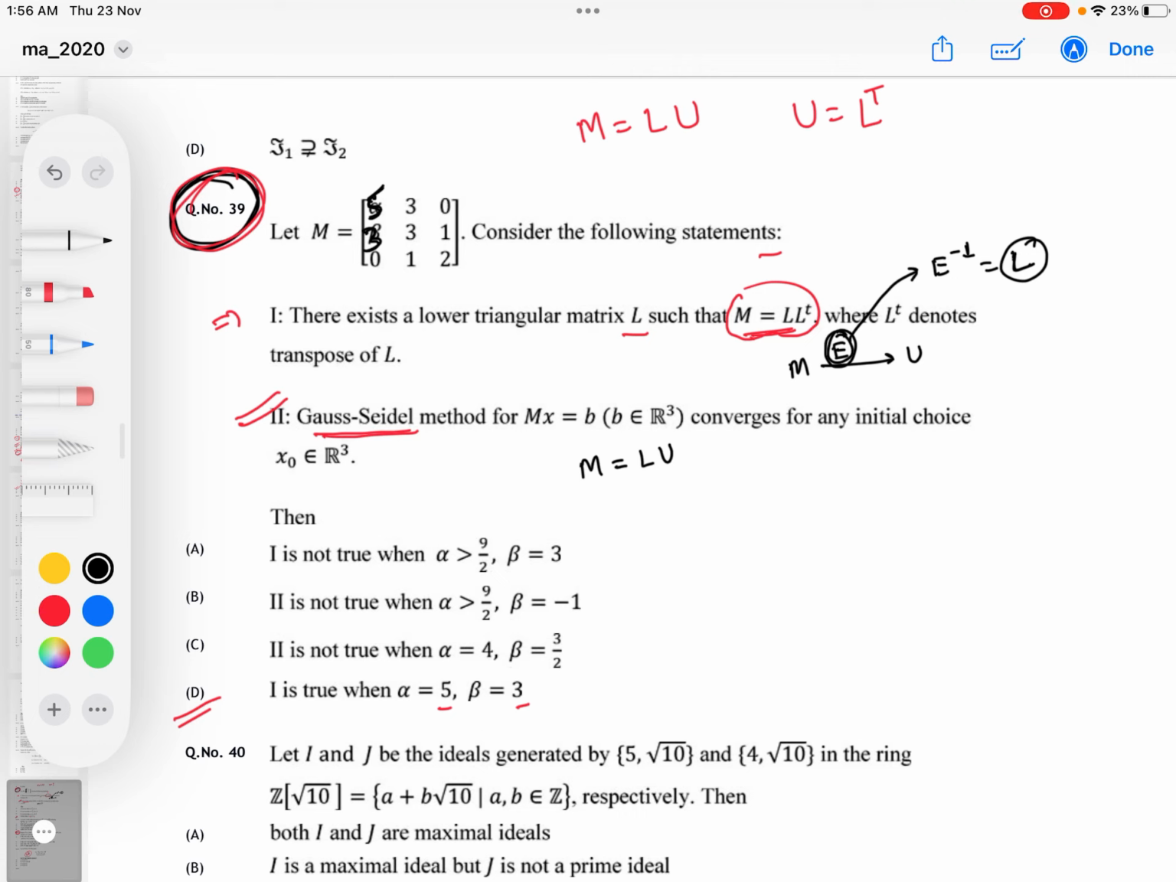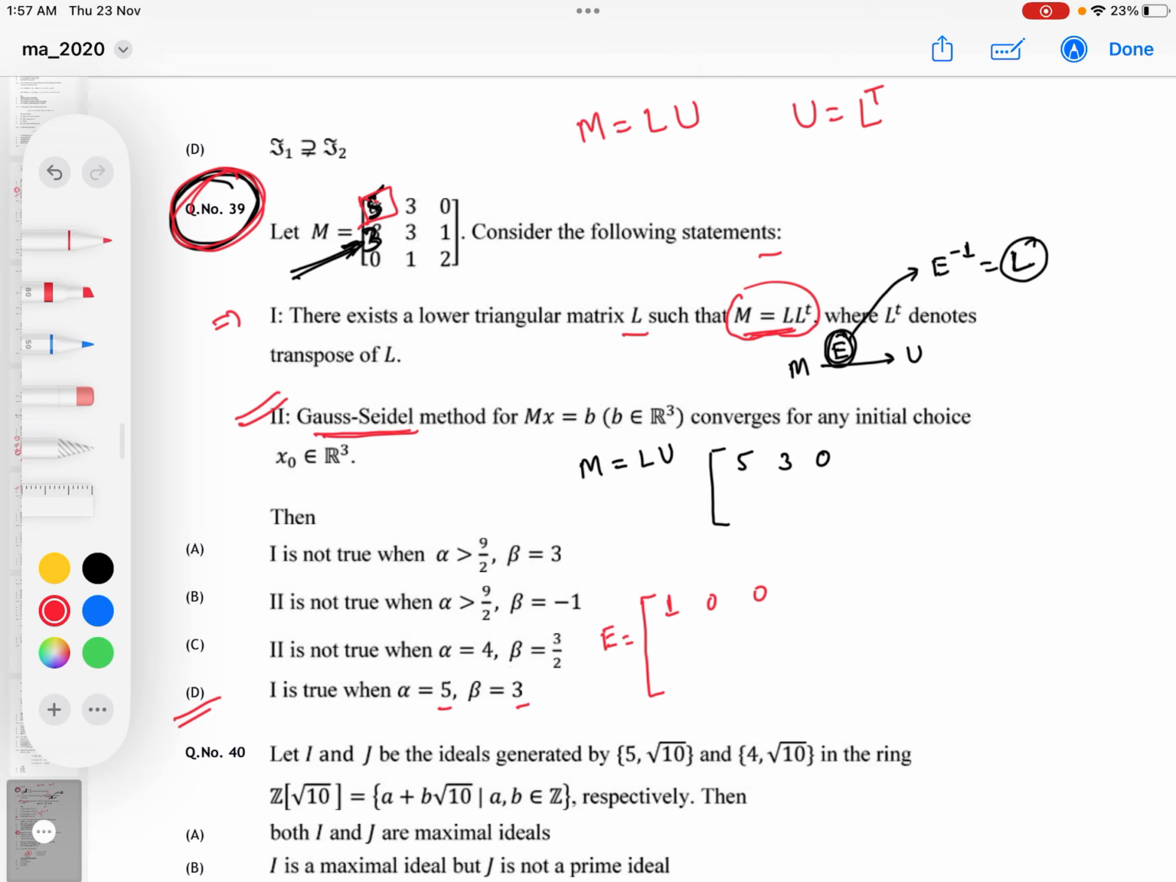Okay, so let's first find this U. What you will do is simply apply elimination and make this element 0. You will keep the first row as it is, and take this one as a pivot. I am also tracing the elimination matrix. So we have kept the first row as it is, and what we will do to